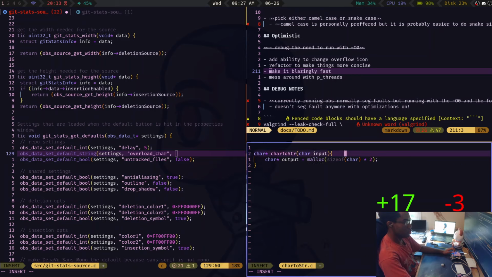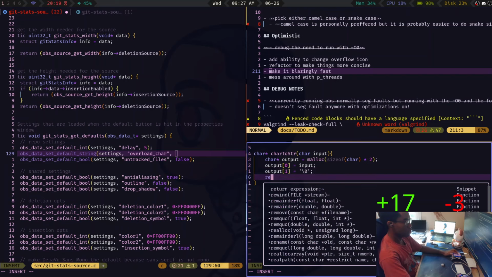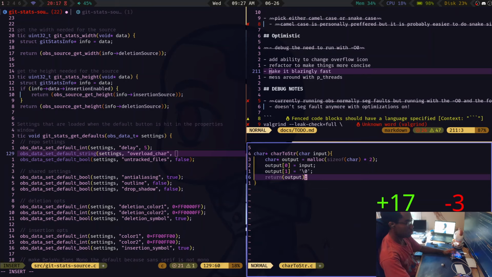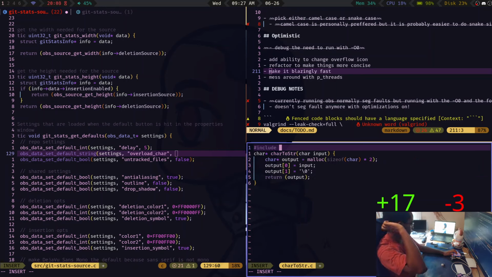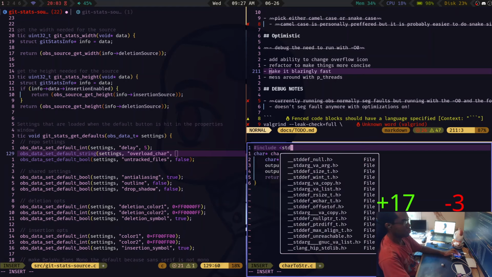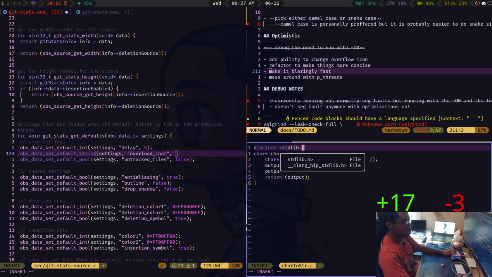And then we're just going to say output 0 equals input, and then output 1 equals the null byte. And then we just return that. And then we need standard lib.h,